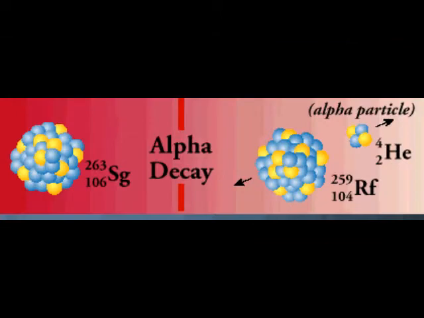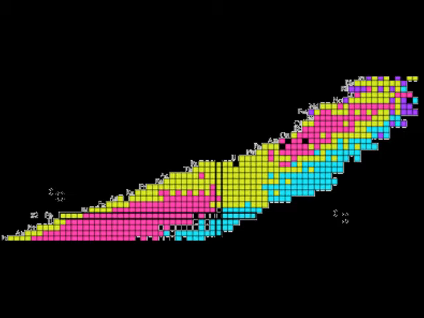In alpha decay, an alpha particle is emitted from the radioactive nucleus. An alpha particle is a helium nucleus composed of 2 protons and 2 neutrons. This type of decay lowers the proton-to-neutron ratio and brings the nucleus to a more stable configuration. Many nuclei heavier than lead have this decay mode. Because the number of protons and neutrons is changing, the daughter product is going to be a different element with different chemical properties. For instance, polonium-210 with 84 protons and 126 neutrons will decay to lead-206 with 82 protons and